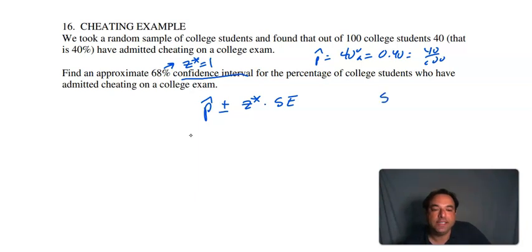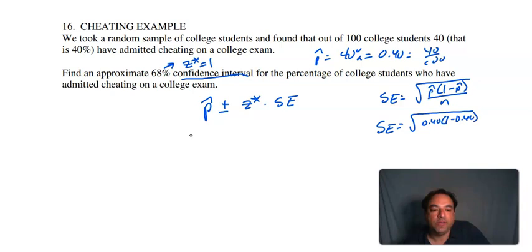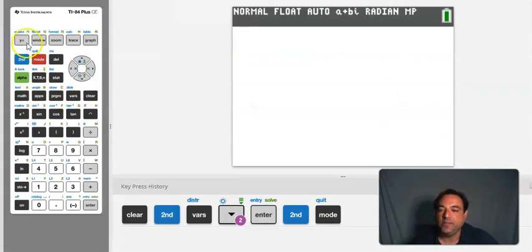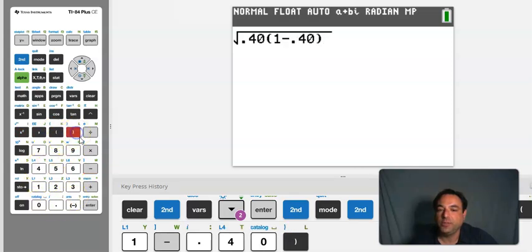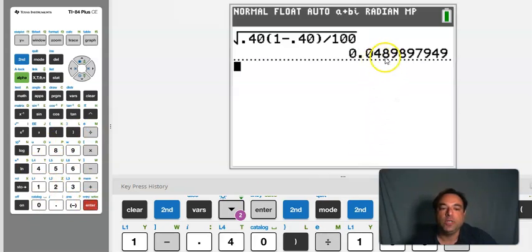And then to find the SE, remember we have the formula square root p hat, 1 minus p hat, all over n. So to find our SE, it's the square root of p hat, 0.40, times 1 minus 0.40, all over n, which is 100. Be careful typing that in. So when we type that in the calculator, we have the square root of 0.40, parenthesis 1 minus 0.40, close parenthesis, divided by 100, and that gives you 0.04898, so we'll round that off to maybe